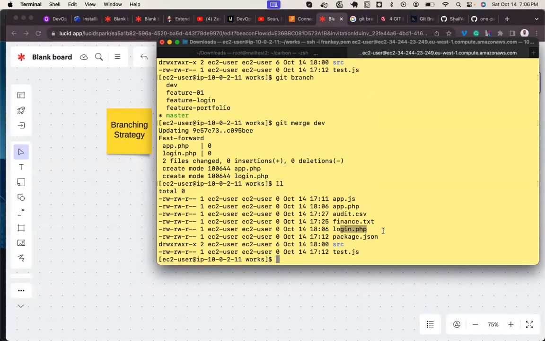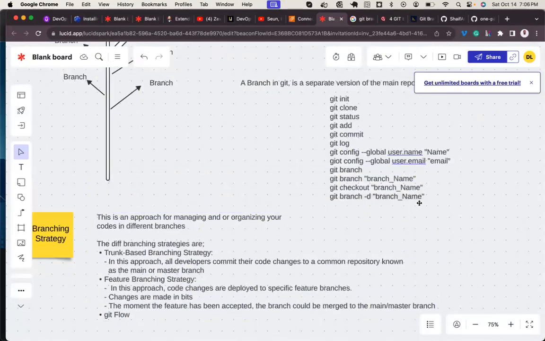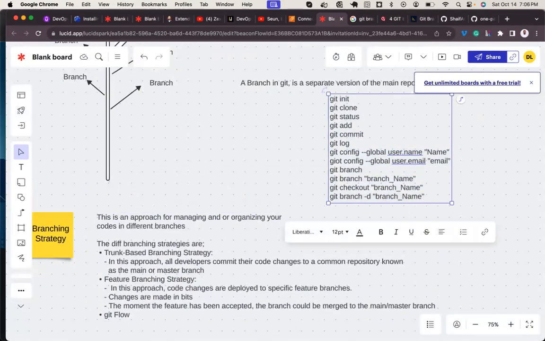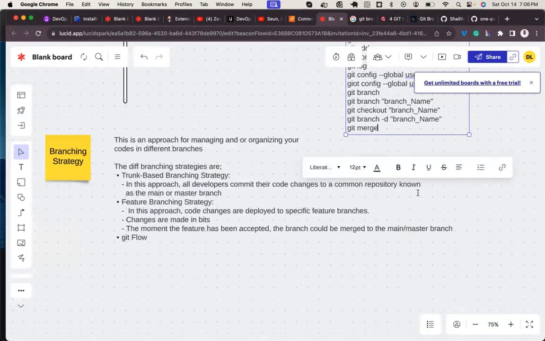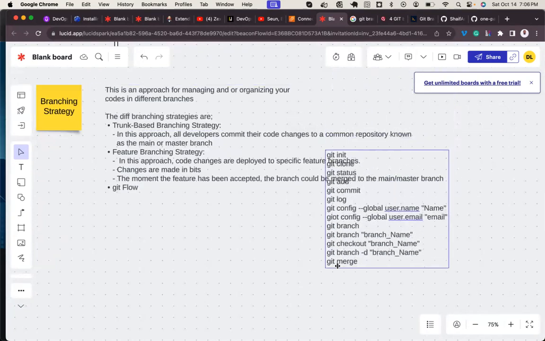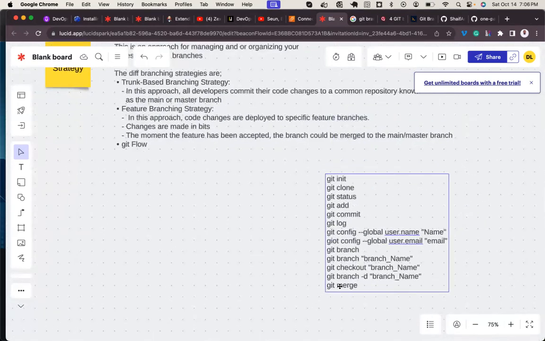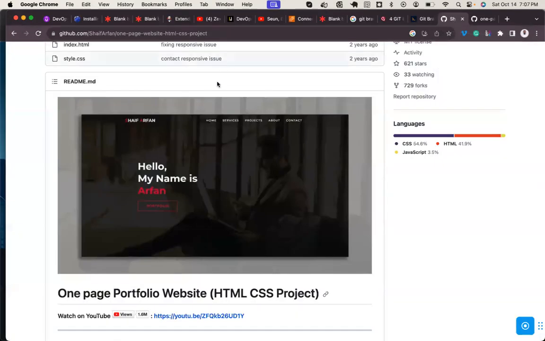So this is how you play around with merging. All right, great. Now, all of these things we have typed so far, all these commands, git merge. These operations can be performed on the GUI, on your GitHub.